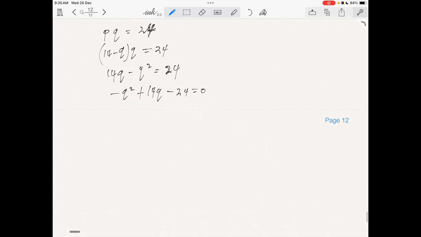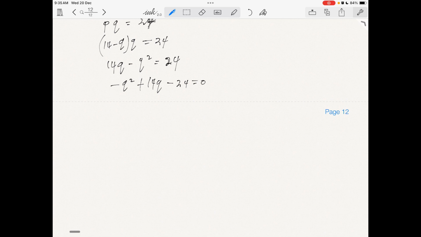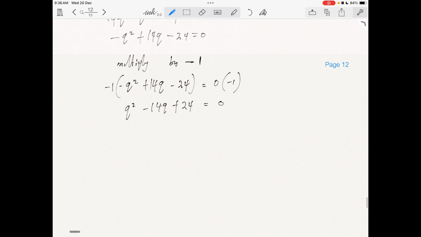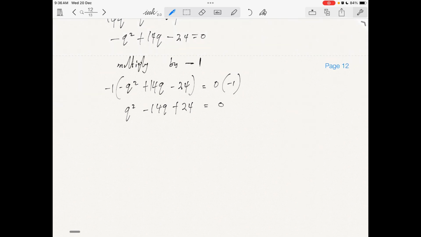Okay, now we multiply both sides by minus 1, or multiply through by minus 1. So we have minus 1 into minus Q squared plus 14Q minus 24 is equal to 0 into minus 1. So we have Q squared minus 14Q plus 24 is equal to 0. So whatever method you use to solve your quadratic equation, calculator or quadratic formula,